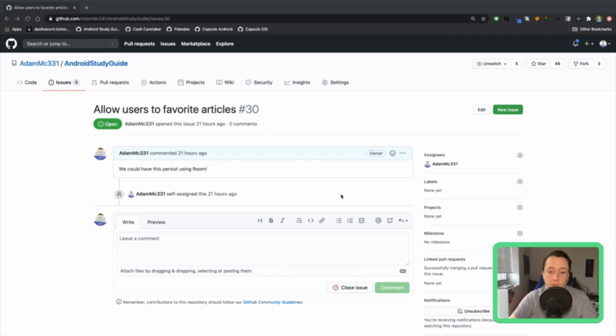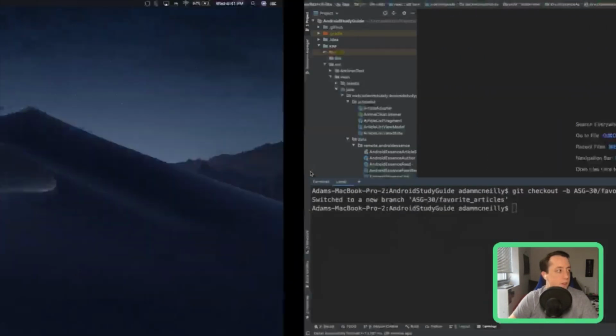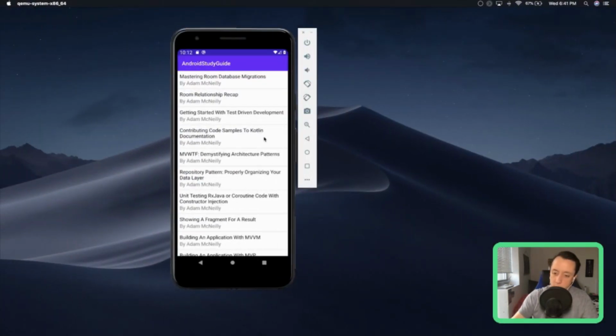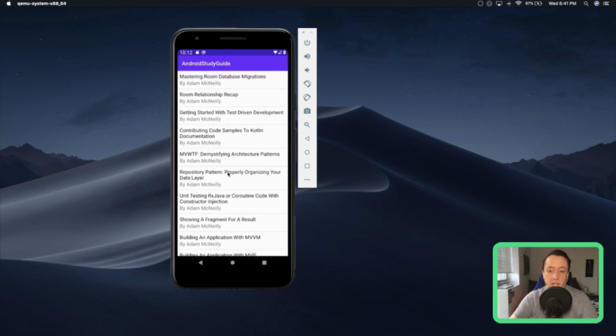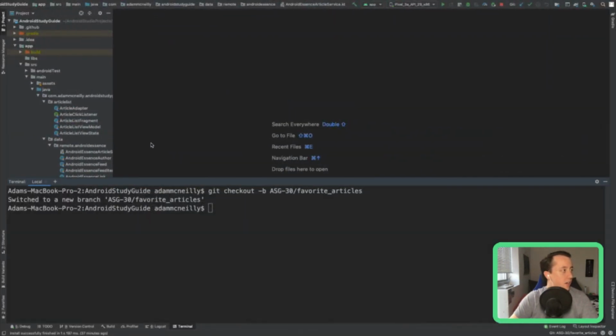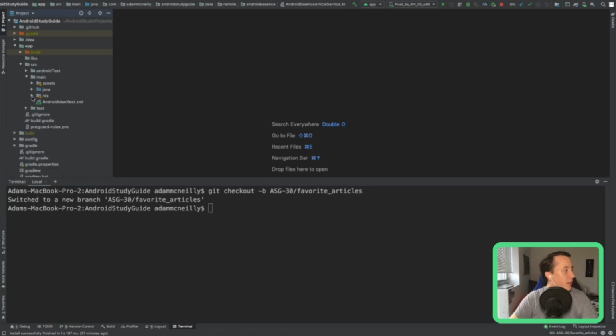The first thing I'm going to do for this feature is, while I would like to, and probably will, take a more test-driven development approach when we do the actual business logic, for this one I'm just going to tinker with updating the UI to show a bookmarking icon, even if clicking it doesn't do anything yet. So let's start there. And I can show in that process a neat little trick from Android Studio that you may not be familiar with.